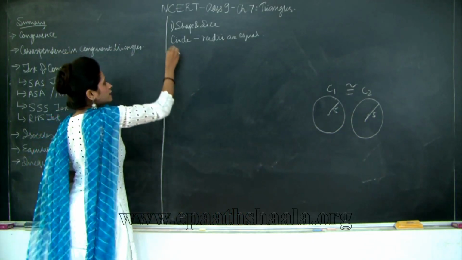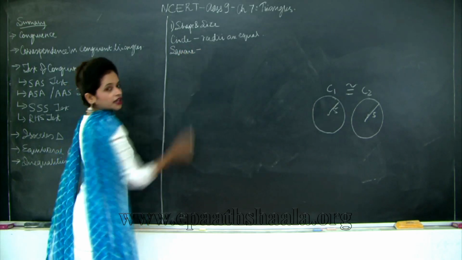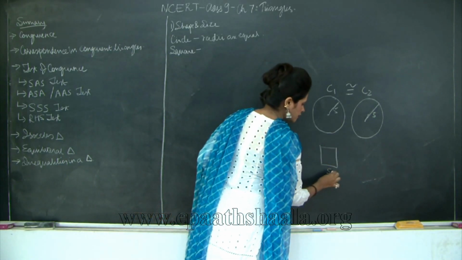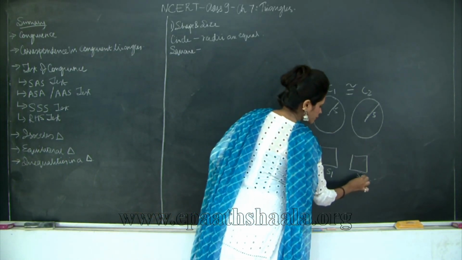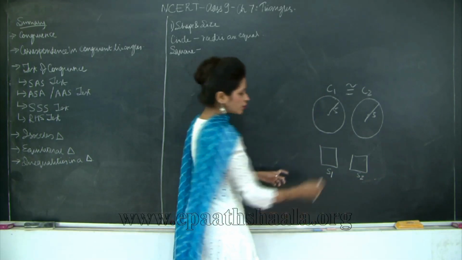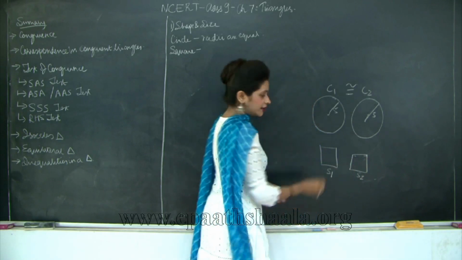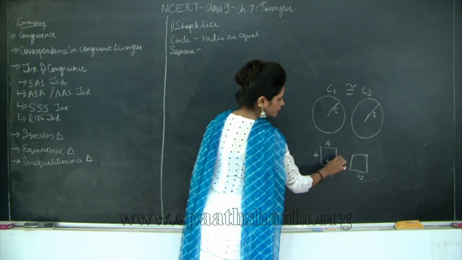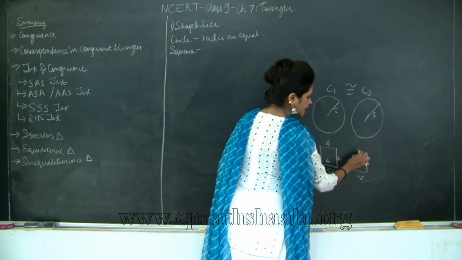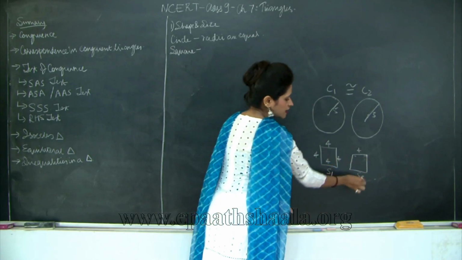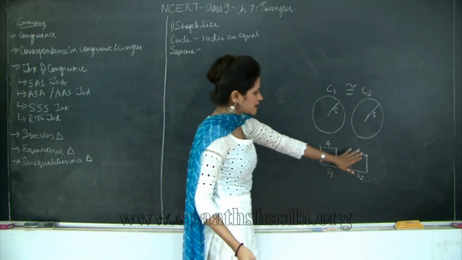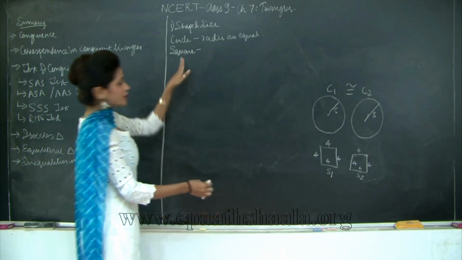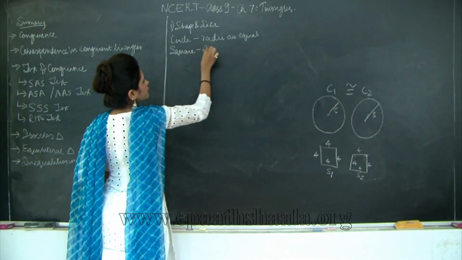Similarly, if I have a square, then these two squares are congruent to each other. Let's say square 1 and square 2. Square 1 and square 2 would be congruent to each other only if the sides are equal. So suppose this is 4 centimeters, obviously all of these sides would be 4 units. And if the side here is 4 units, then I can say that S1 is congruent to S2. Why? Because since this is 4 units and this is my square, even this will be 4 units, 4 units and 4 units. Correct? So for squares, they are congruent if the sides are equal.